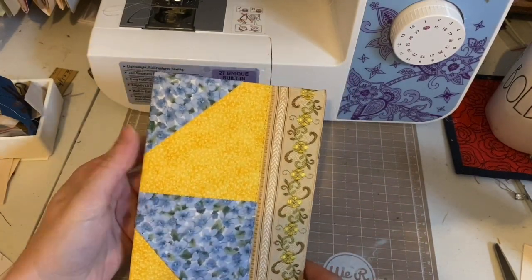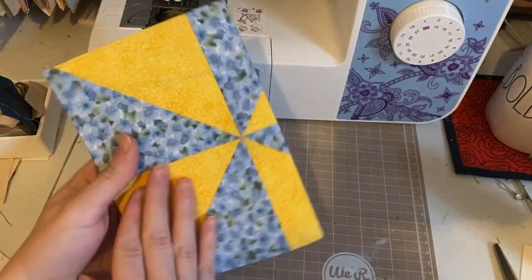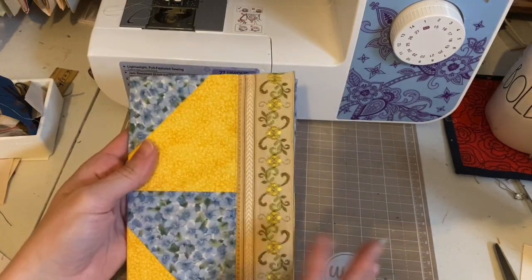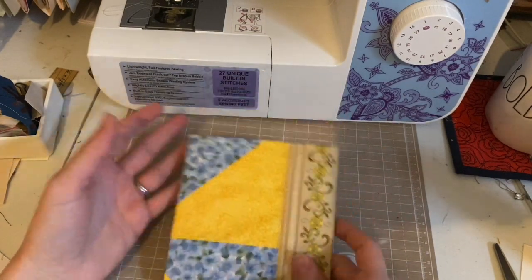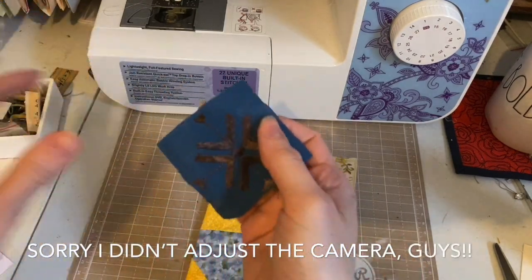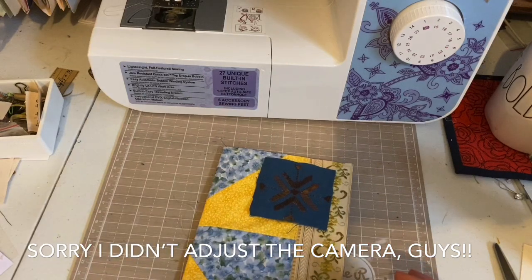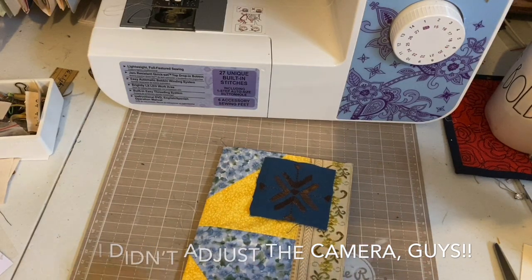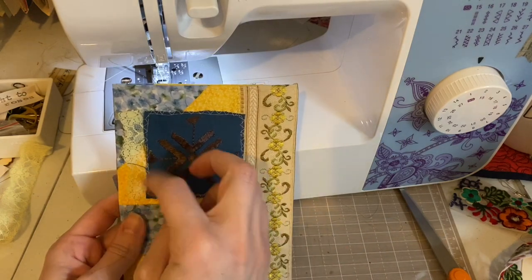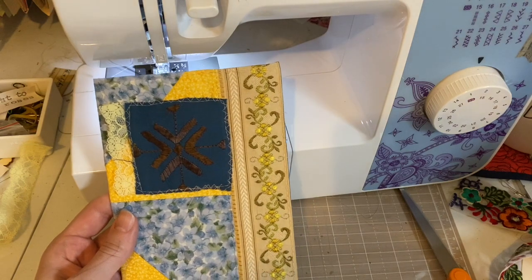I really love this as the front cover. So I'm going to use this as the front and this is the back. And now I just want to decide what kind of accent pieces to add in. I have this left over from my... but yeah, that's the base so far, and hopefully I've taught you a few things,